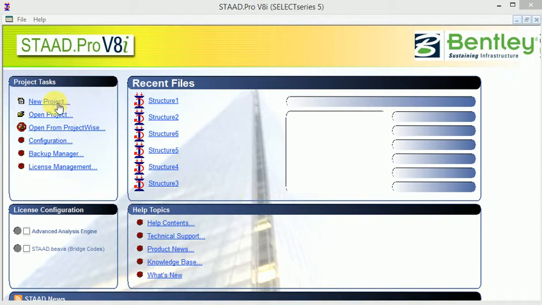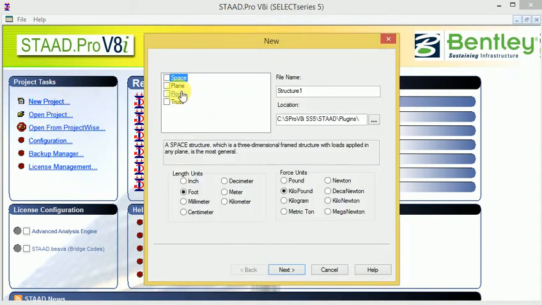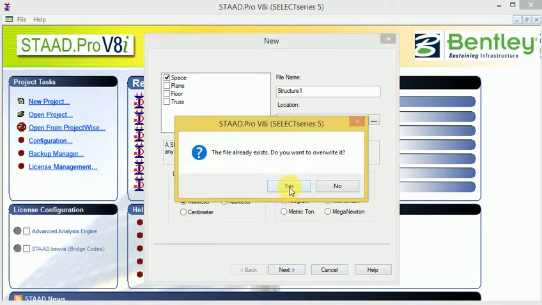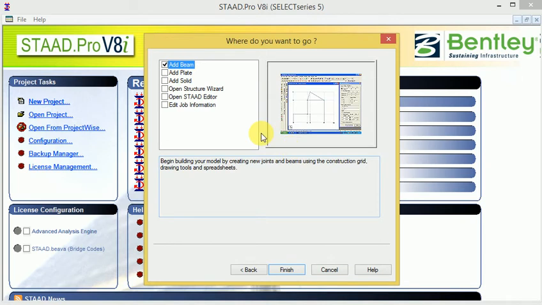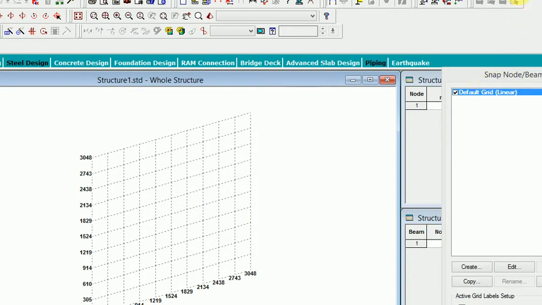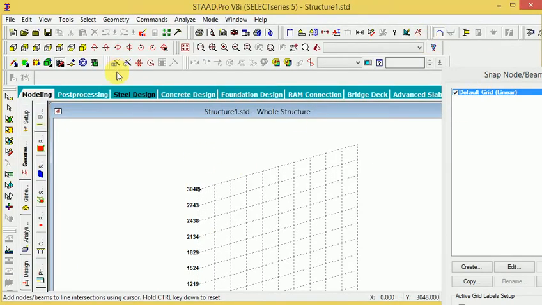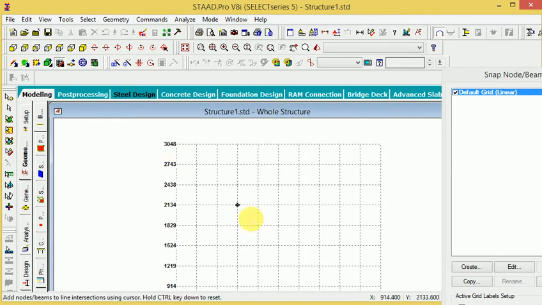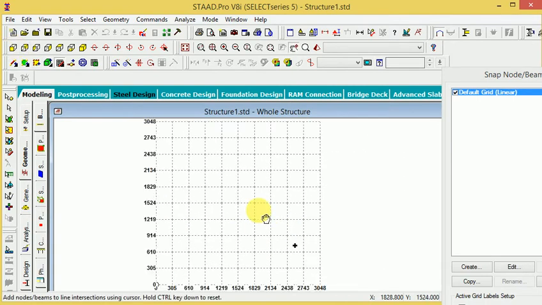So let's start a new project. Enter the new project, go to space, apply millimeter and kilogram, and next, yes and OK. Here, add beam selection, so add beam. Now this is our background, and we create one diagram here.